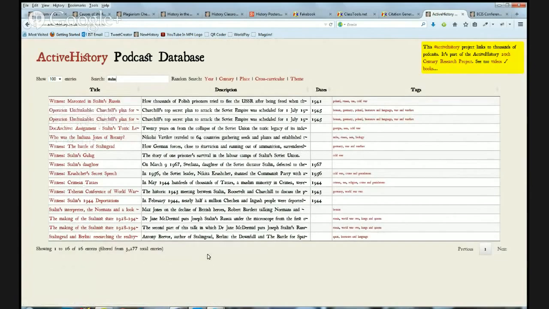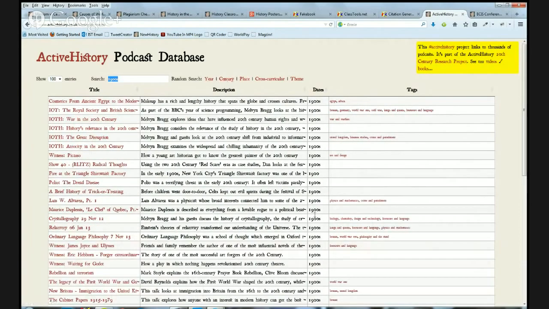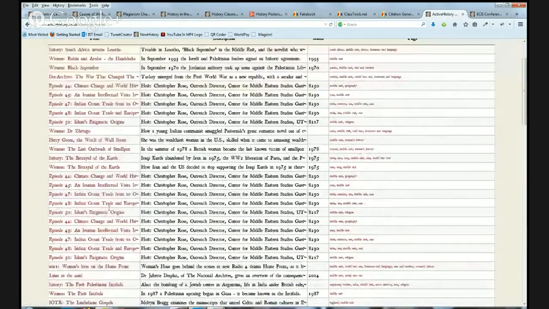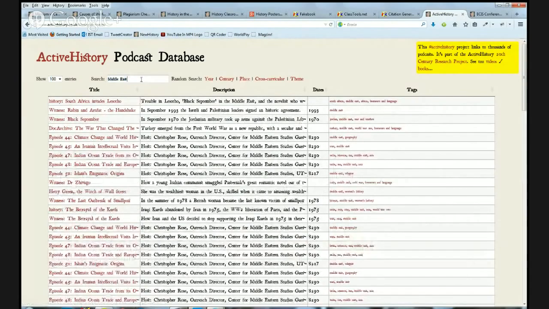I set this up from about 10, I think about 15 now, different podcast sources, and it pulls in anything which sounds relevant and organizes them by keyword. You can search by, for example, century, and there's the 1900s, that was a random choice. You could search by place, such as the Middle East, and here's all podcasts relating to the Middle East. And of course, you can search directly through the search feature here.